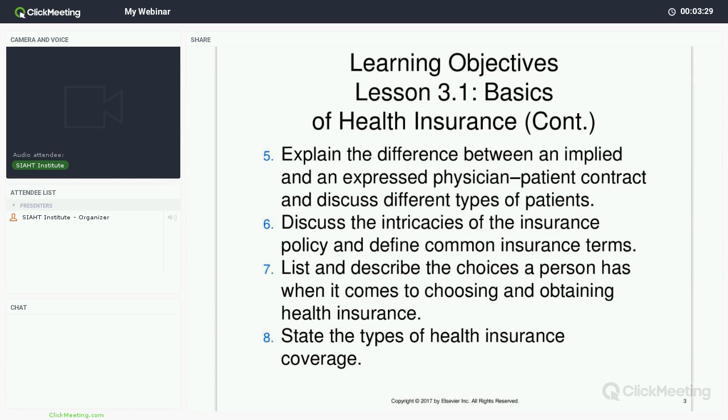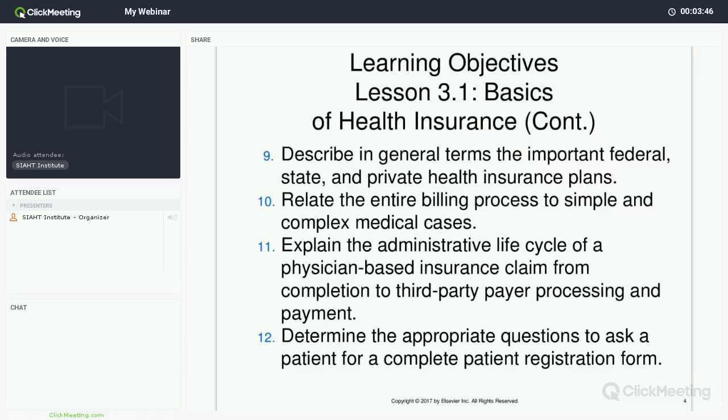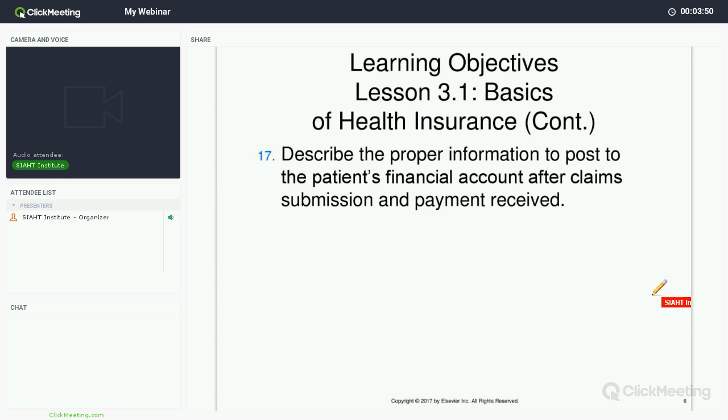So the physician and the patient agree. The patient agrees that he'll see the physician, and the physician agrees that he'll treat the patient based on the fact that the insurance company, which is the third party at that time, will pay for the visit or the procedure. So basically,